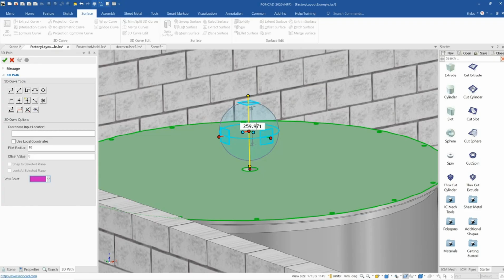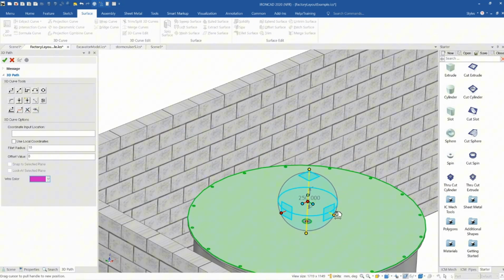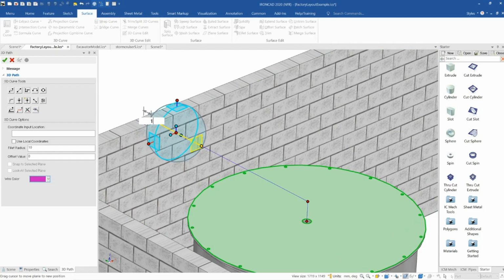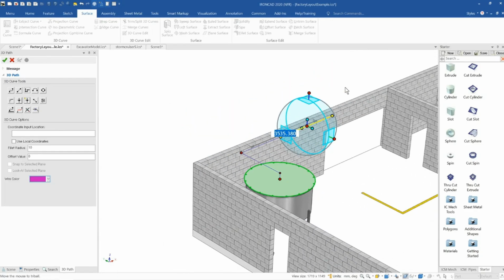I can type in a precise distance. In this case, let's make it exactly 250. Now I'll press the P key on my keyboard to place a point. And now I'm going to go across, for example, and this can be any size we like, but I'm going to go to that edge and then come back from that edge by, say, 150. Press the P key again on my keyboard, and then we're going to go straight across from that,